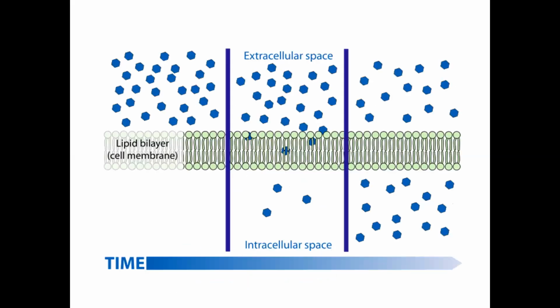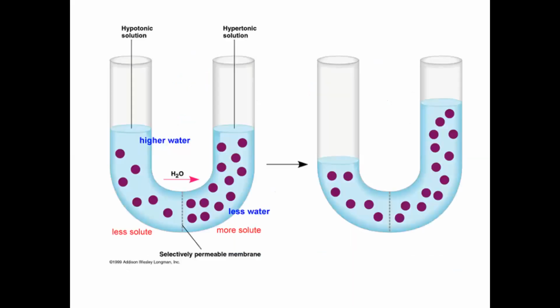The second diagram also shows the same mechanism. The molecules, that is water molecules, outside the cells, the lipid bilayer, that is the cell membrane. Outside the cells, the water molecule concentration is higher. And these water molecules easily diffuse from higher concentration to lower concentration as time passes, and it maintains the equilibrium. The same diagram shows the experiment, from a hypertonic solution to a hypotonic solution. The molecules are moving from a hypertonic solution to a hypotonic one, and it will create an equilibrium.